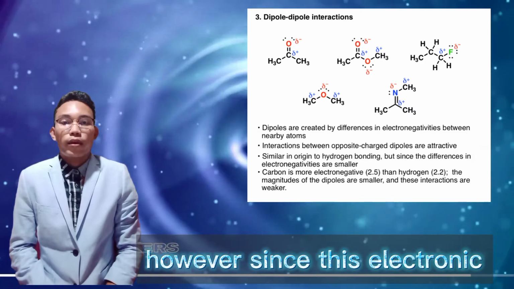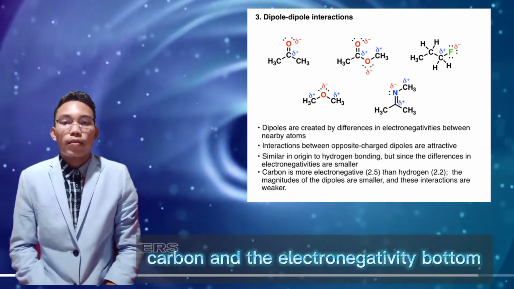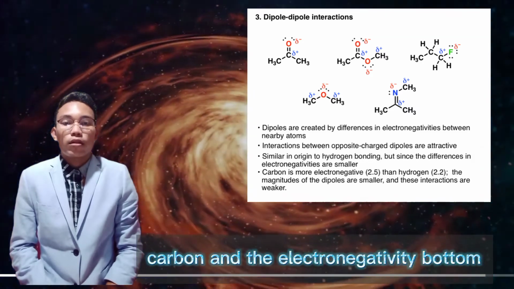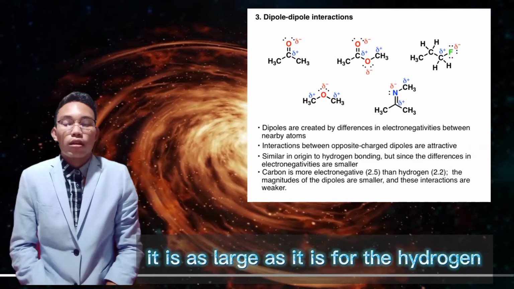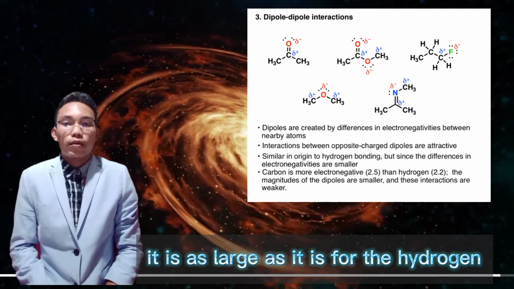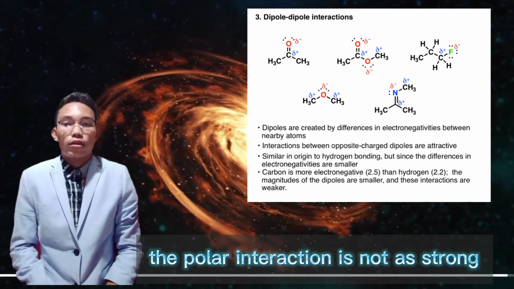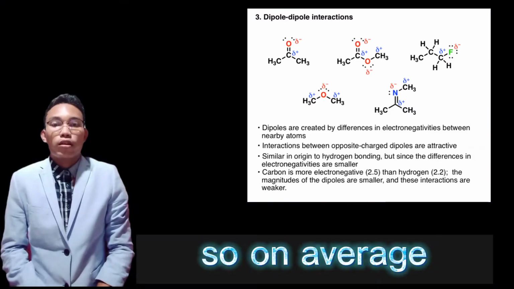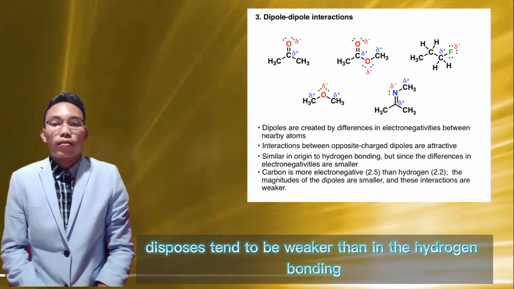However, since the electronegativity difference between carbon and the other atom is not as large as it is for hydrogen, the polar interaction is not as strong, so on average these forces tend to be weaker than in